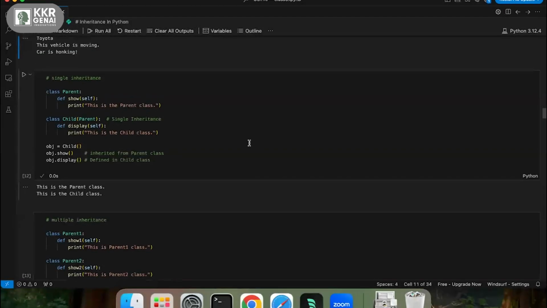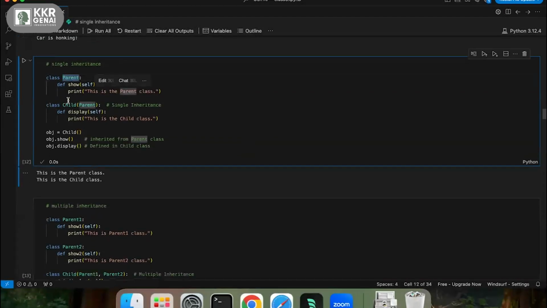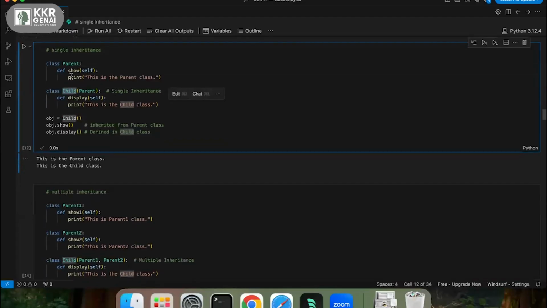So yeah, see here I am having parent and then I'm having child class. In parent class, I'm having show method. And then I am just printing that, and then in child class, I'm just extending parent class, and then I'm using one more method which is called display, and that's it. If I call child dot show, I'll get the parent method because child is not having show method. But if I access display method, I'll get the display from the child class actually.